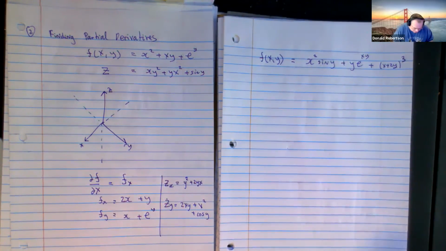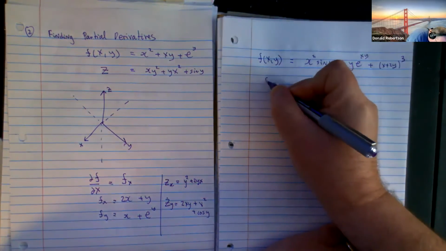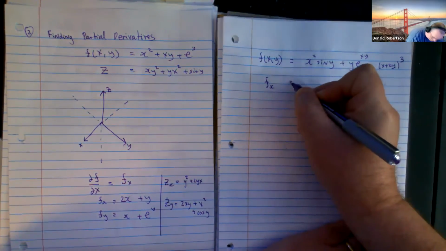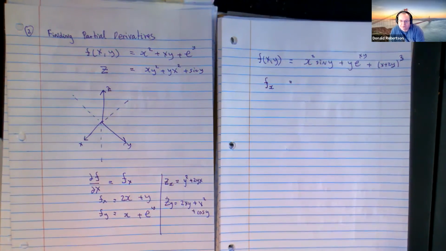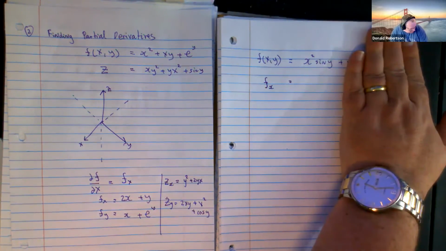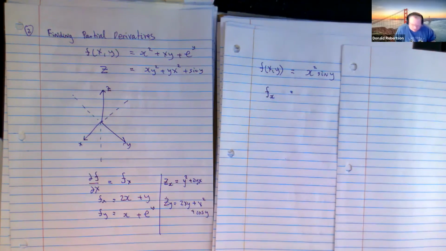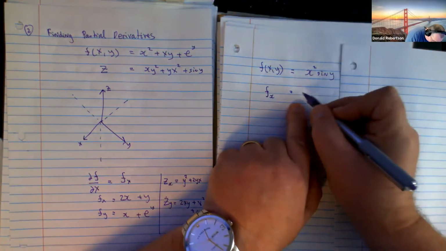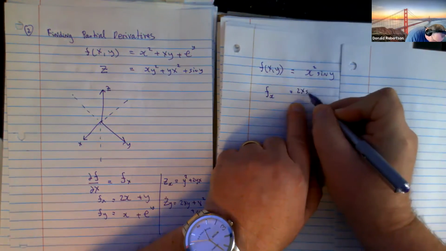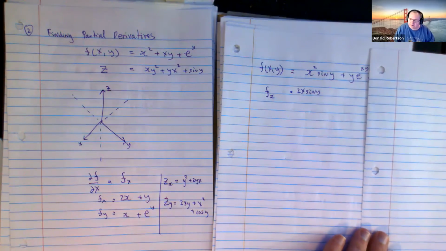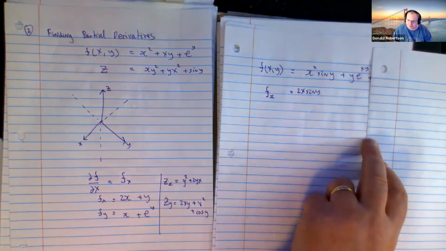Right, here's a pretty messy looking function. And I would like to find the partial derivative with respect to x. So each one of these terms we're going to treat separately. I think that's the best way to tackle it, right? And find its derivative where x is the variable and everyone else is considered a number, a constant. So if you do this one, wouldn't x squared get you 2x, but that sine y is still there, great. Shift along. Now this one here, with respect to x,